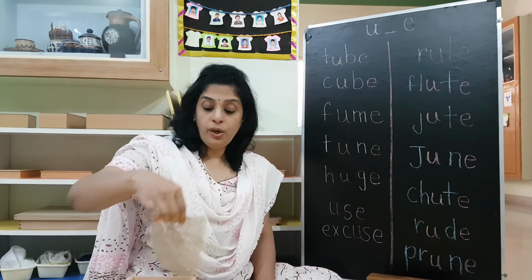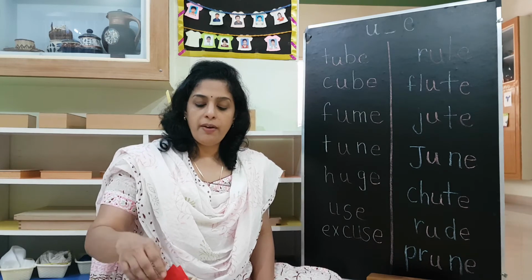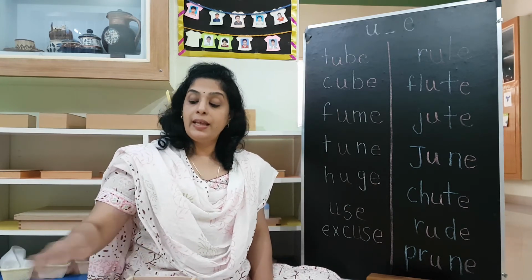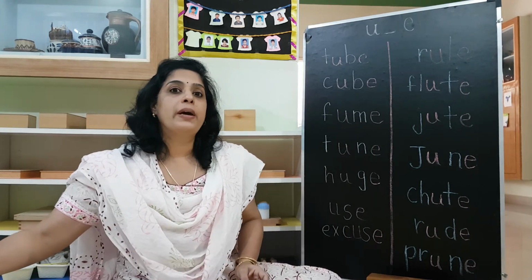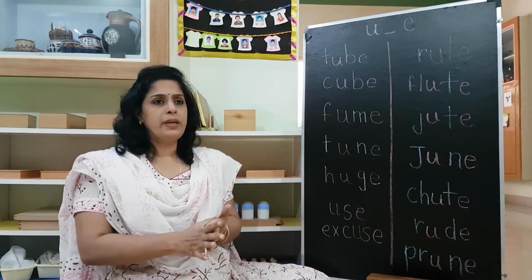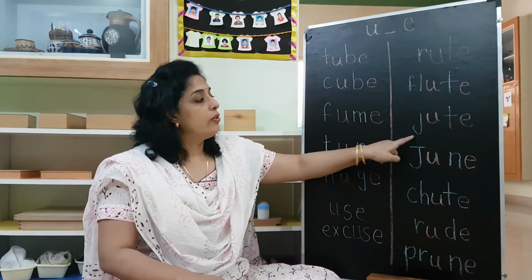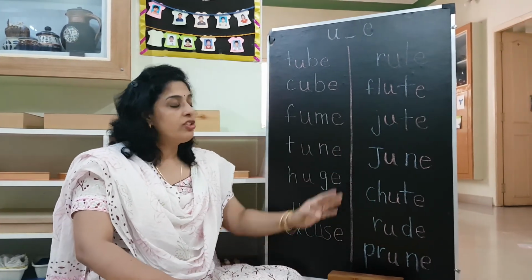So that is your jute material. It is a kind of material, just like you have cotton, you have silk, you have velvet, you have satin. Like that you have jute material. Like I said, some lunch bags will be made of jute material. I think even Deeksha brings a jute bag for lunch. Okay, so that's jute. Next one.